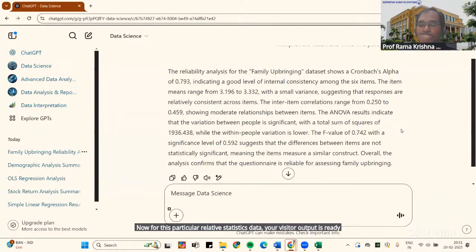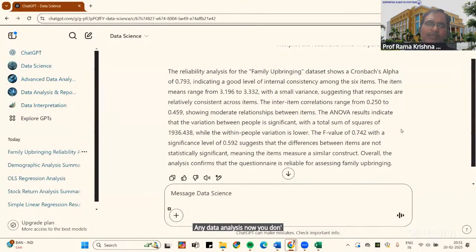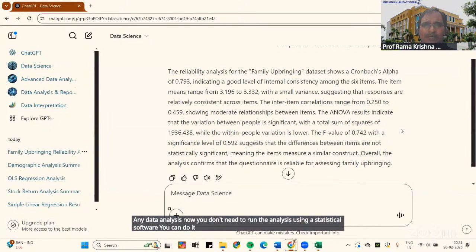Now these are, in a sense, various statistical tests, starting from GMM models, GARCH models, ARCH models, then univariate data analysis, multivariate data analysis, multiple linear regression, any data analysis. Now you don't need to run the analysis using a statistical software. You can do it here. But advisable is that you use the statistical software, run the analysis there, come back here, do your interpretations and all. And the best